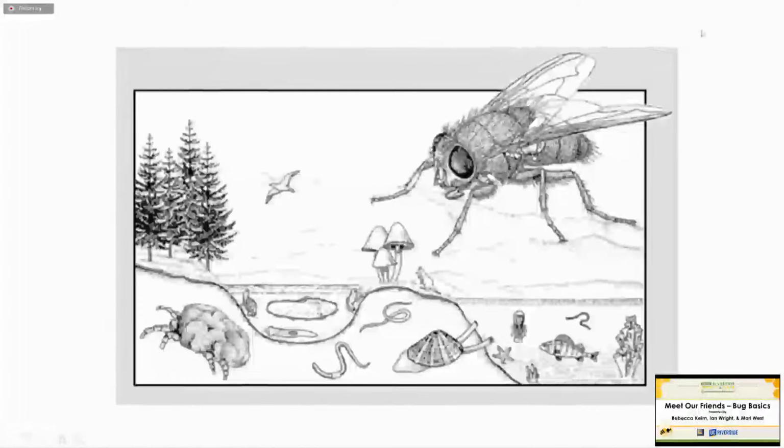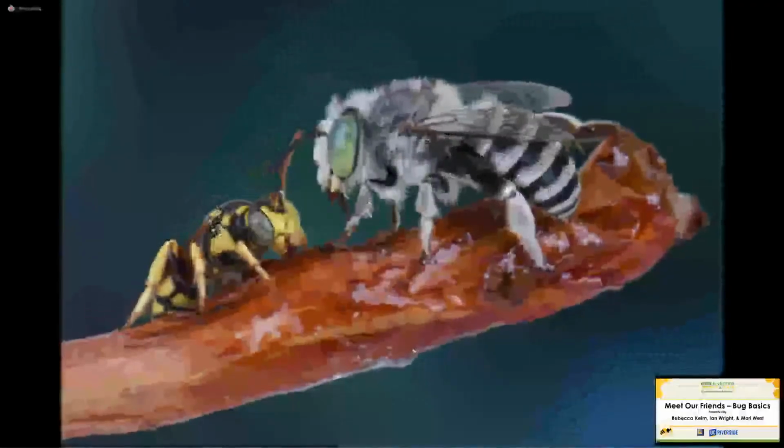But again, this graphic just shows insects absolutely run the world. We would be lost without them as far as ecosystem functioning. And again, they are the dominant organism on the planet, except maybe for humans. But when you really get into it, there's about hundreds and hundreds of individual insects for every one human on the planet, by far, for sure.